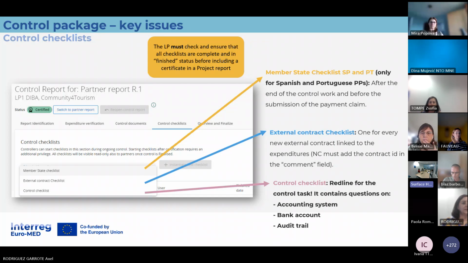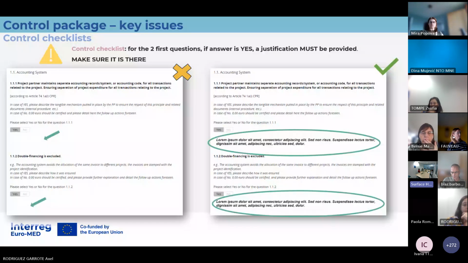Why do we show you this checklist? Because for the lead partners, I refer to one of the first slides presented by AXA: the lead partner must also ensure that for the first two questions of the control checklist, there is a description provided by the national controllers.